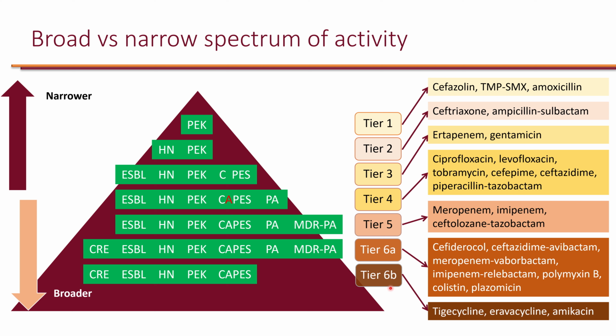So there is actually a hole in tier 6B, but still these are pretty broad, even though they don't have activity against Pseudomonas, because they are active against CRE. So we really want to reserve these for when we don't have other agents available, because when we get infections due to CRE, we really have limited options. And by the time we get to CRE, it's really easy for these organisms to be resistant to multiple classes of antibiotics. So tigecycline, eravacycline, and amikacin may have activity against CRE, but they don't have activity